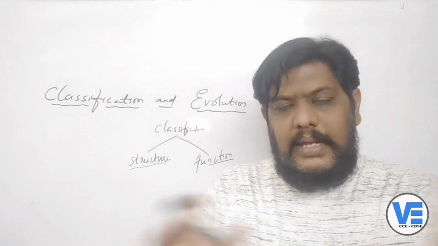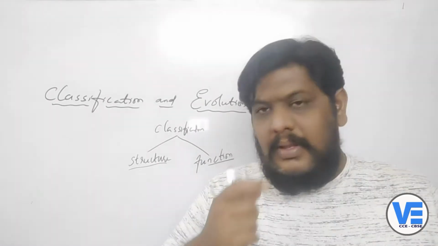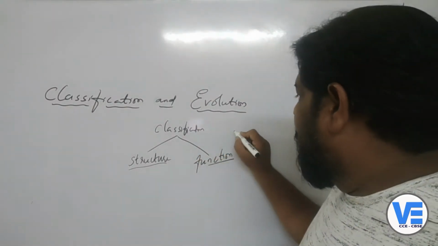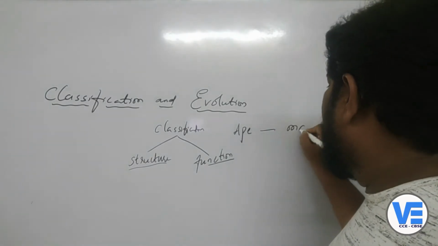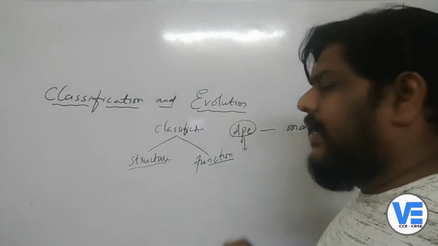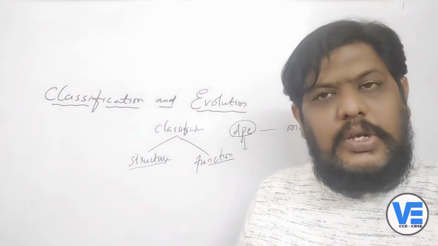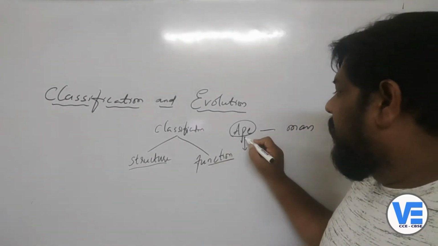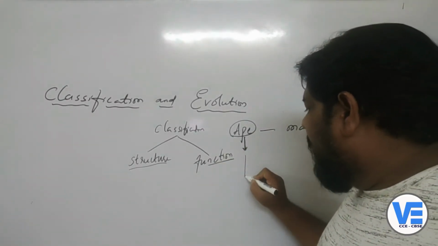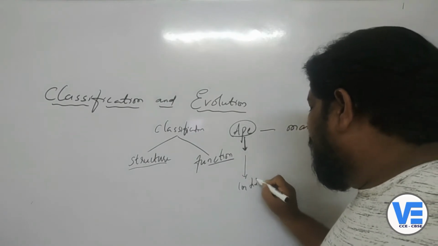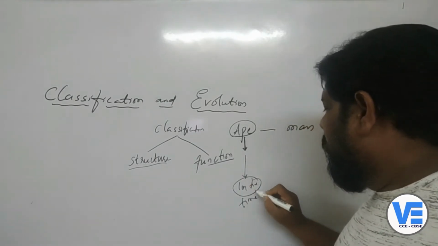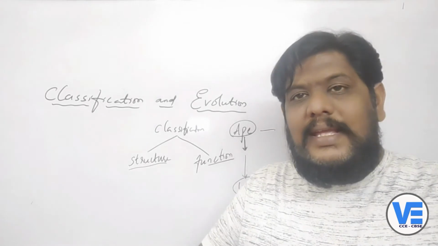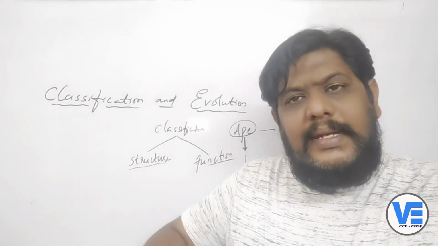Now let me tell you in this way. Like the last example we have taken, we'll take the example of the ape and the example of the man. This was in the very early stages of evolution, right? There were apes, and before apes, there were some organisms which were similar to the ape. Now this ape has taken a very long time to change its characters or to transform into other organisms. To change the characters of an organism, it might take some time.